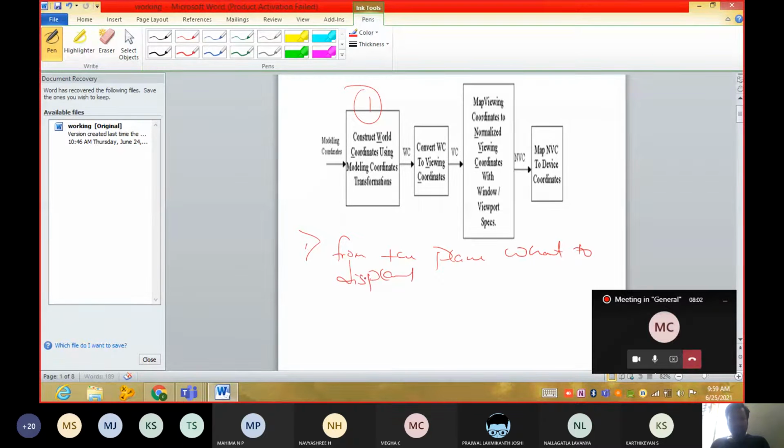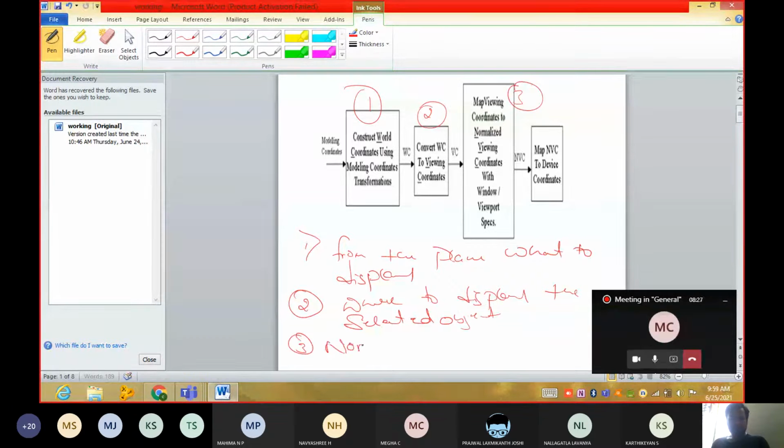In the second step, we are going to decide where to display the selected object. In the third step, we are going to normalize the things. Fourth, we are going to map the normalized coordinates to individual screen coordinates. So this is your 2D pipeline, guys.